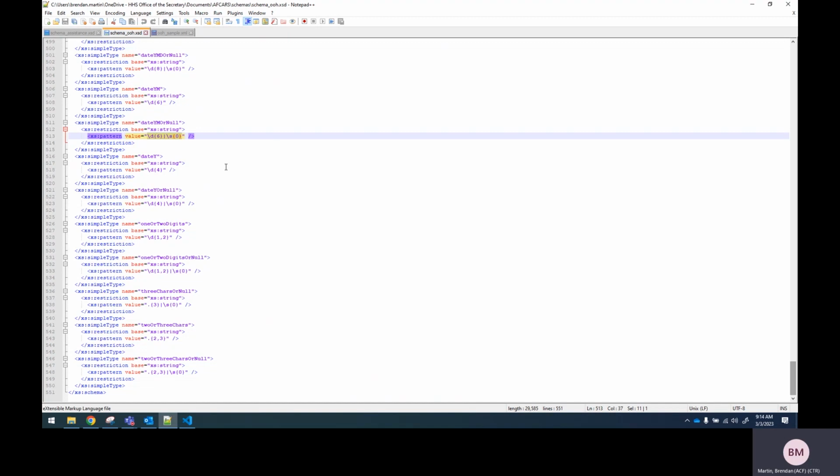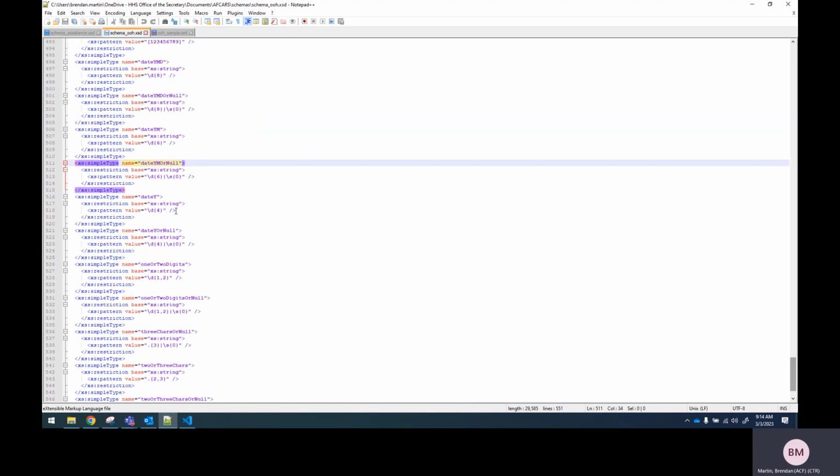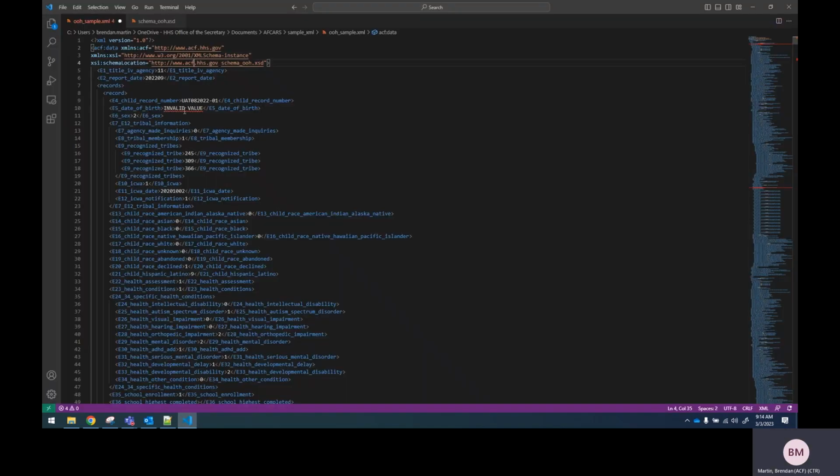User highlights the following line of code. <xs:pattern value="\d{6}|\s{0}"/>. It's notation that's common to many programming languages, and it tells you how to parse a string of characters. So those values are enforced by the schema, and if we go back to the other editor, you'll see that